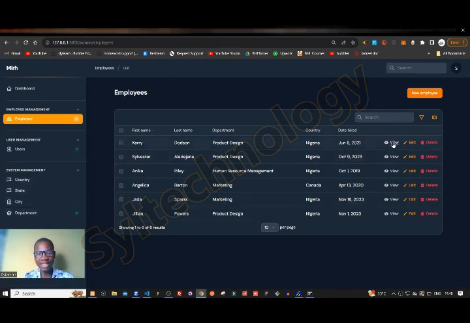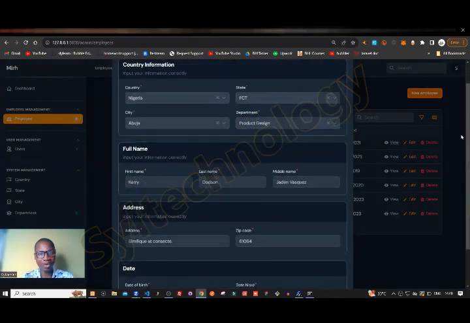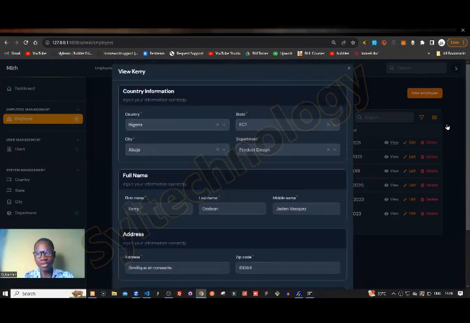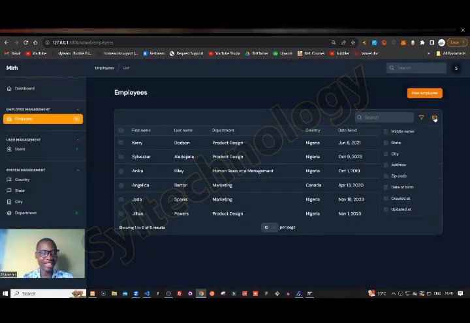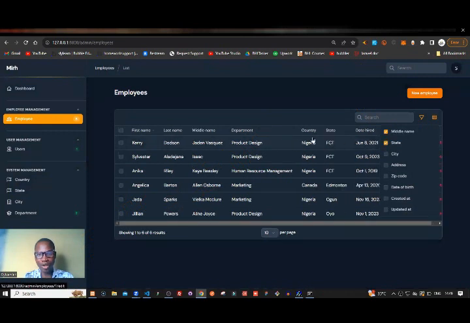So what I did was make this view a pop-up so that you don't have to go to a separate page when you are trying to look at information about a particular employee: the country, the state, the city, the department, the employee full name. There is also some other information. As you can see here, I've added this toggle on default, so I can bring in the employee middle name. If I click on that, it brings the middle name. Then if I bring in the state of the employee, it actually